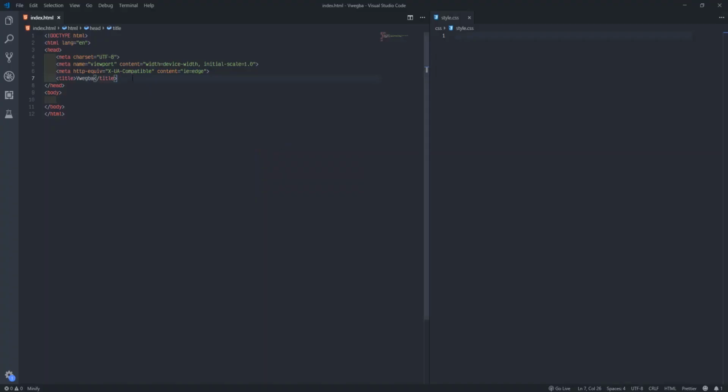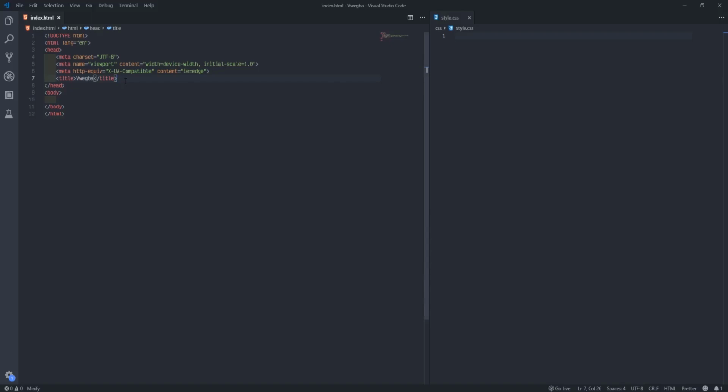So what I'll do now is bring in my CSS files. This is the style CSS file I created here. I'll press enter here and make sure the styles and everything I need appear like that.